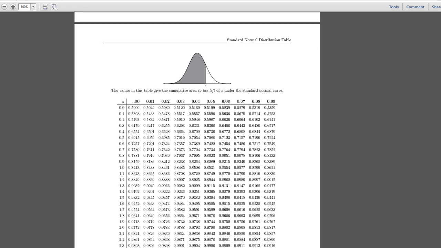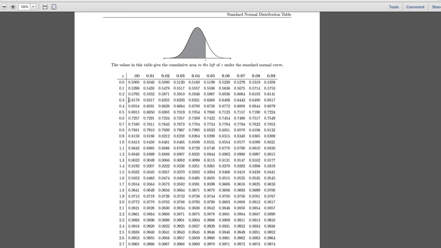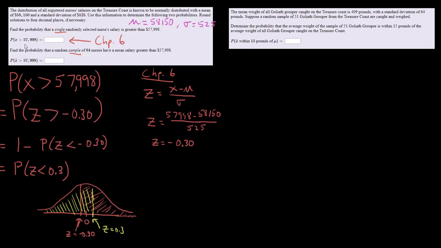So let's see, positive 0.3, so this is the value right here, 0.6179. That should be our solution. Or if you look up negative 0.3 and subtract that from 1, we should also get the same value. So let's see. If we do it this way,